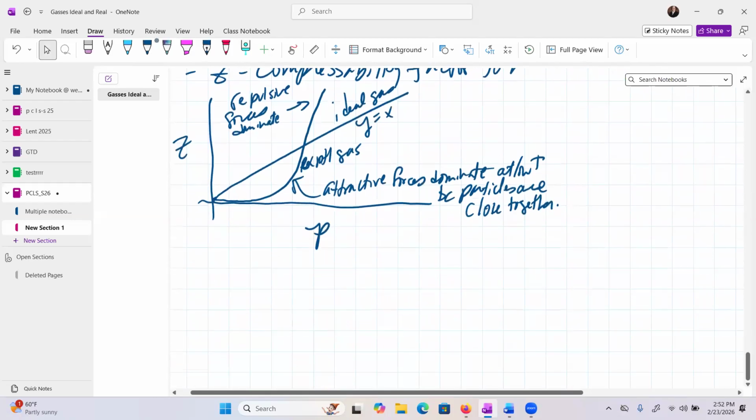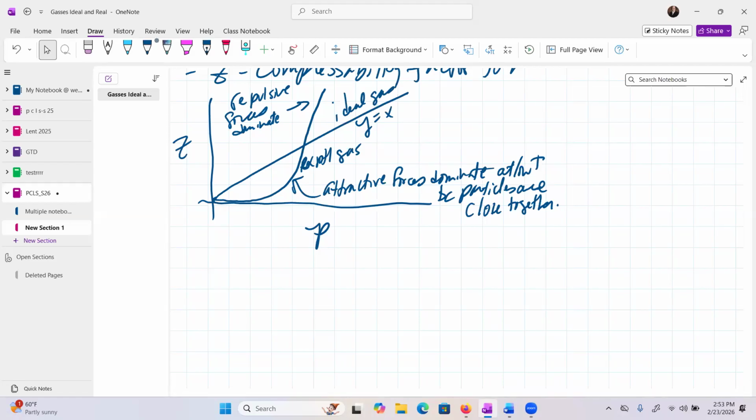Now, what you do is realize that the real gases don't behave ideally, because there are going to be interactions. There are two regimes for the real gases, the attractive and the repulsive, which give rise to the shape that's shown. And when we make force fields to do molecular simulations, which my lab cares about, this is one of the ways that we get information about it. So there are ways that we can correct for this.